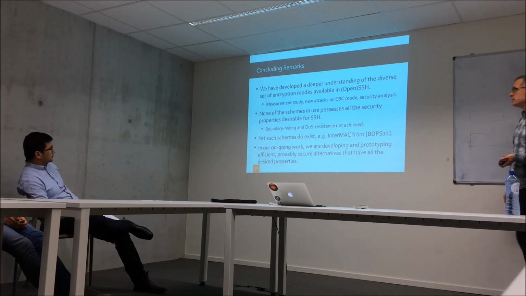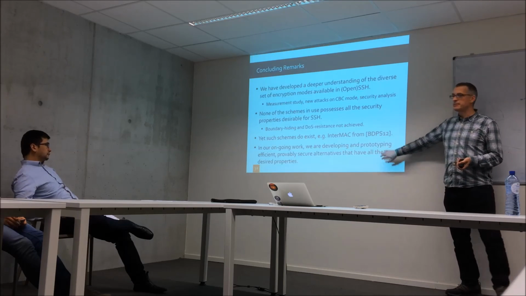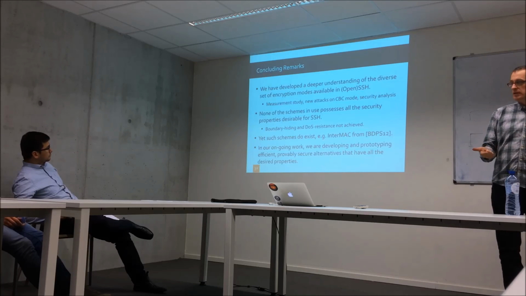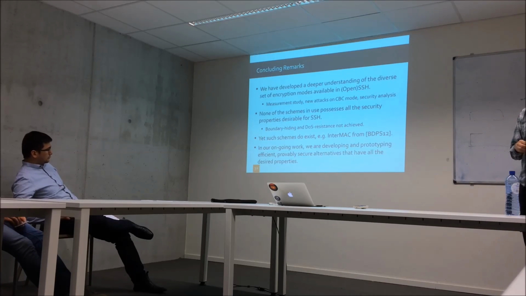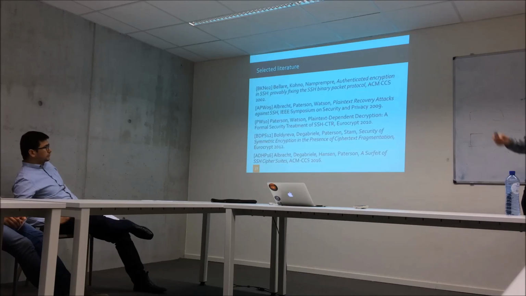So what we're actually working on now is developing and prototyping efficient, provably secure schemes that do have all of those desired properties. And we're currently talking to some of the people in the OpenSSH team, hoping to engage them and get them excited about even crypto beyond DJB crypto. Okay, if you're interested in reading further, here's some literature,